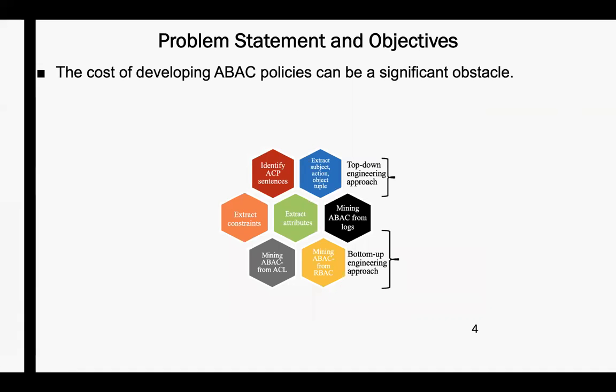So for cost reduction, there are two main lines of research: the top-down engineering approach and the alternative approach, which is the bottom-up engineering approach. With the top-down, the focus is to automate the transition from organizational policy in its natural language form to machine-readable form. And as you can see here, there are a couple of examples of studies that show the potential of this approach, like identifying ABAC sentences from project requirement documents, extracting the subject and object element, and also extracting the attributes